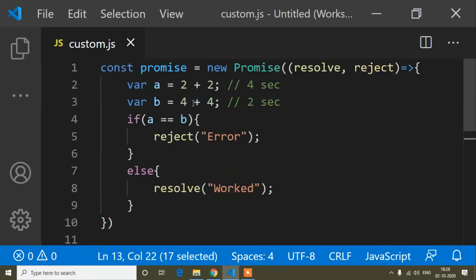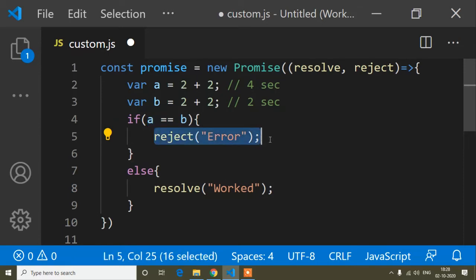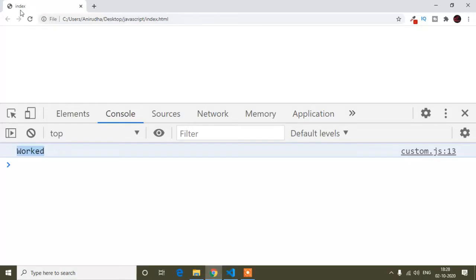But if we write here again 2 plus 2, now a is similar to b, so we will get this reject value, and it will come here to this catch. So this is the syntax of promise, and here you can see we are getting the error value.